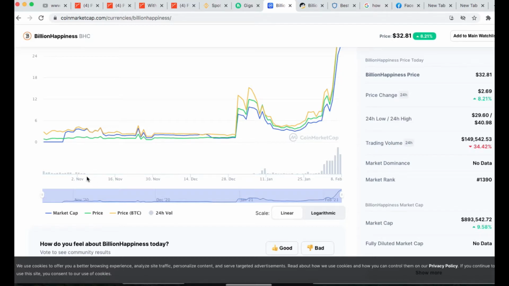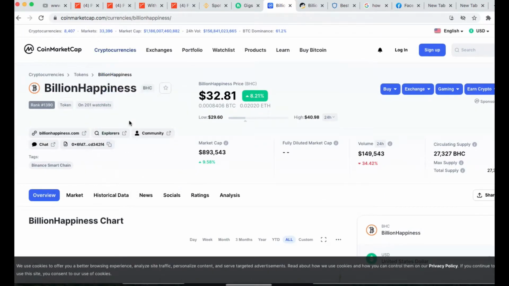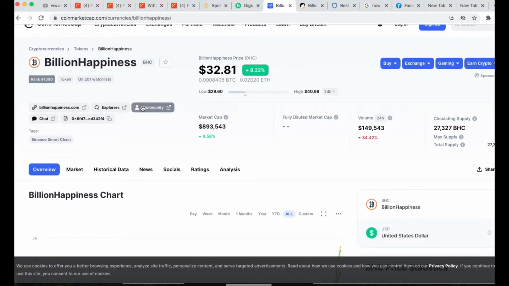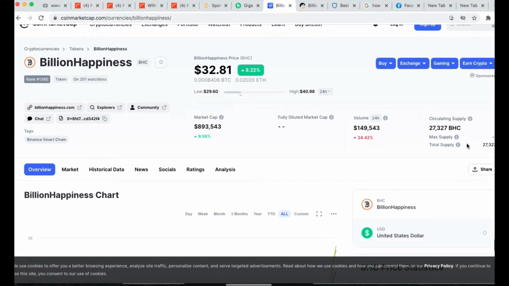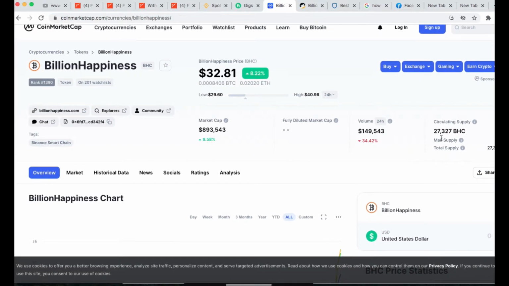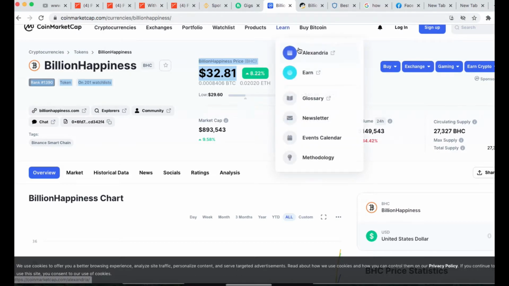You understand? Now, look at this particular coin here. I think there are just 50,000 supply for this coin. The total supply is very low, and the circulating right now is 27,000, which means by the time the circulating gets to about 40k, the price of this coin should be close to $200 or $300 per one. I came in on this project when it was $12, and now if I go back to my